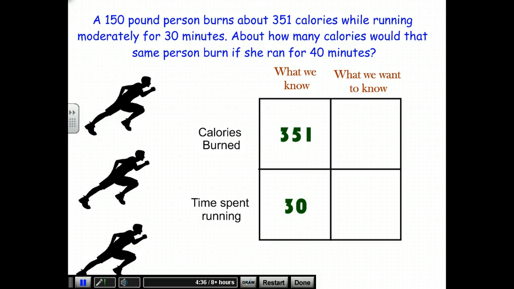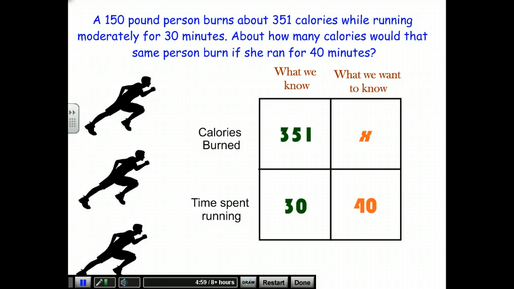30 minutes, 351 calories. So again, this is just organizing my information here. One column is what we know. She burns 351 calories in 30 minutes. Now, we're going to take what we want to know. We want to know how many calories she burns in 40 minutes. But I'm not going to leave it blank. I'm going to use a variable x